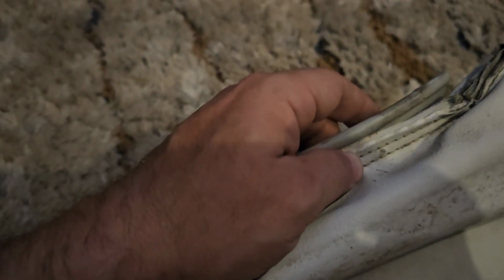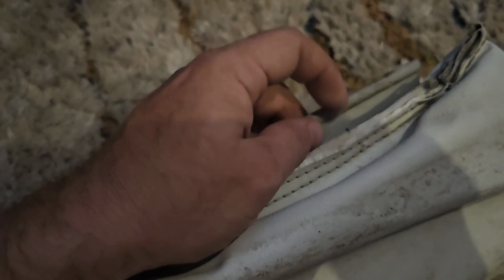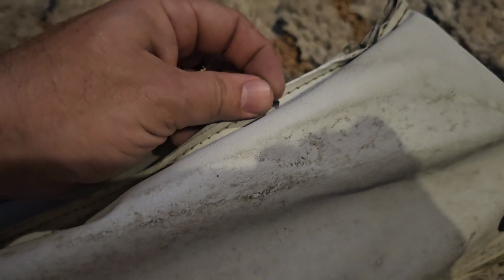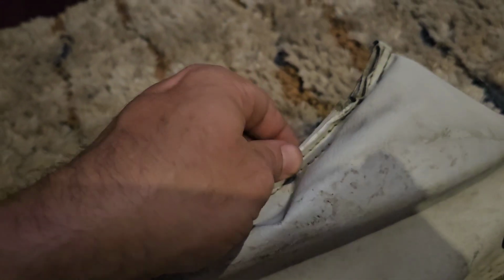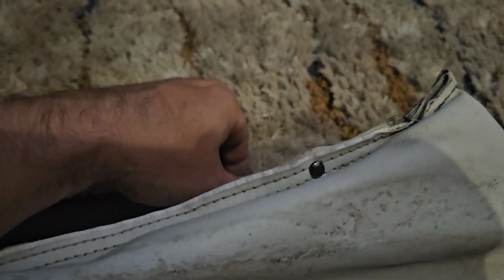I used the wrong ones. Now I have to purchase the right ones. So learn from my mistakes as usual. So you want to drill a hole through. This is going to save you bringing it to an upholstery place or trying to sew through that canvas. It's near impossible. This is way quicker, and hopefully with these marine snaps, it's not going to rust out like